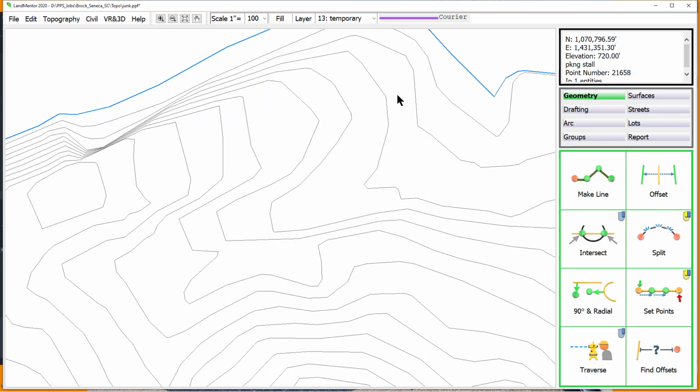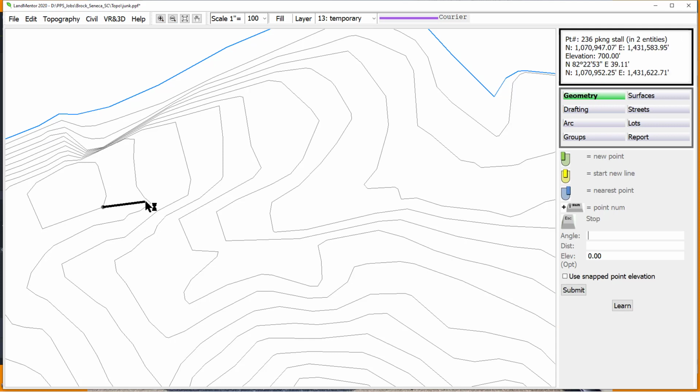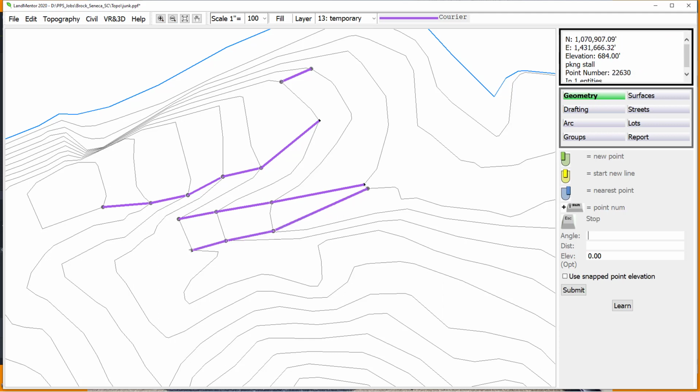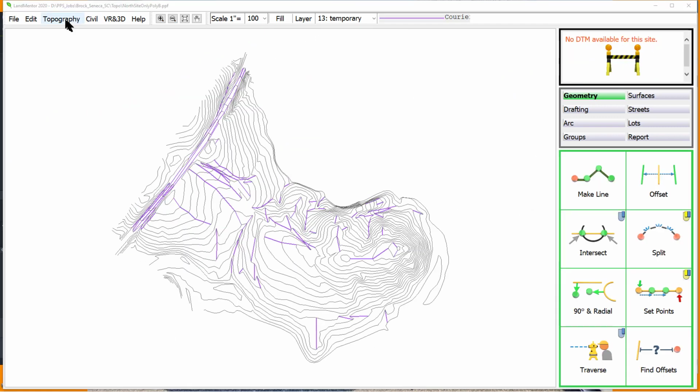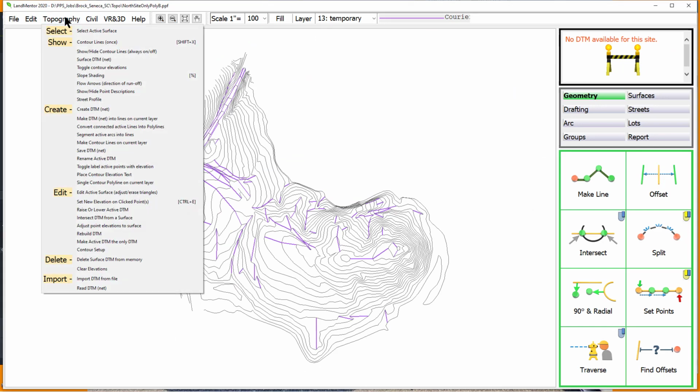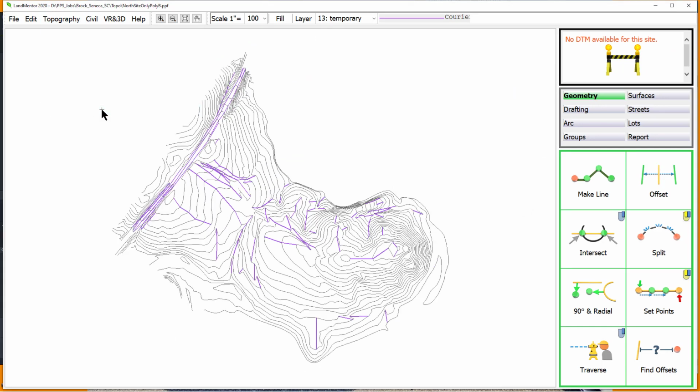And you really want to take these definitions. If you want something to really be close to the original data, you've got to help guide it because otherwise there could be flat spots. And this is true with all software. It's not just LandMentor. It's any software. If you're using CAD or whatever, if you want an accurate surface, you're going to need to go through this step. And then once you get all the break lines you want, go ahead and create the digital terrain model